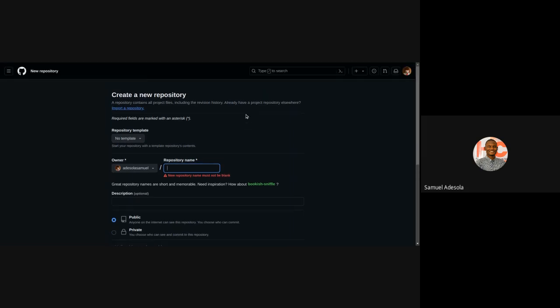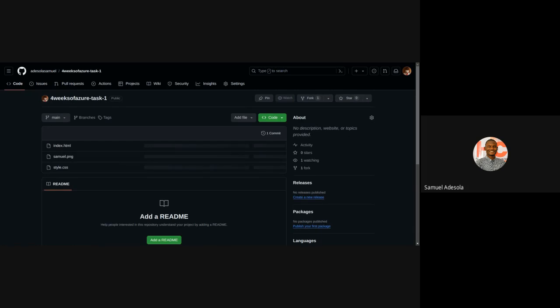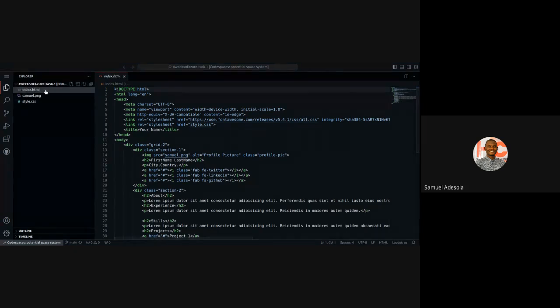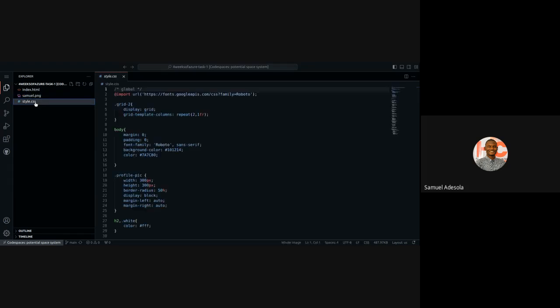And then once you create a repository, take the code you downloaded before. Look, I sent the link to this, and then you downloaded the code. So that code, just open it on your phone or on your laptop and edit it. Let me show you. Let me share my screen. I'm editing my own this time. So I've opened the code now. You can see I have index.html, samuel.png, which is my picture, and style.css. So this is my own code.